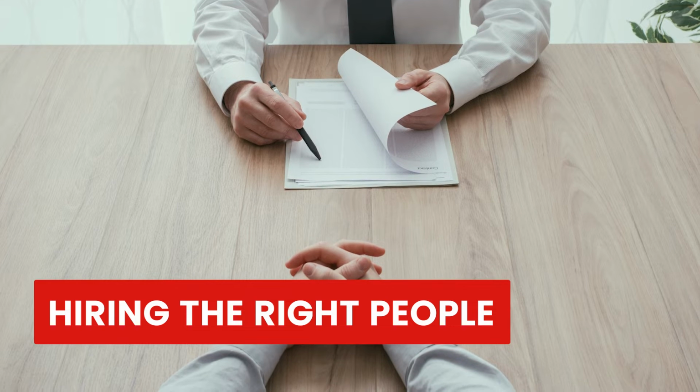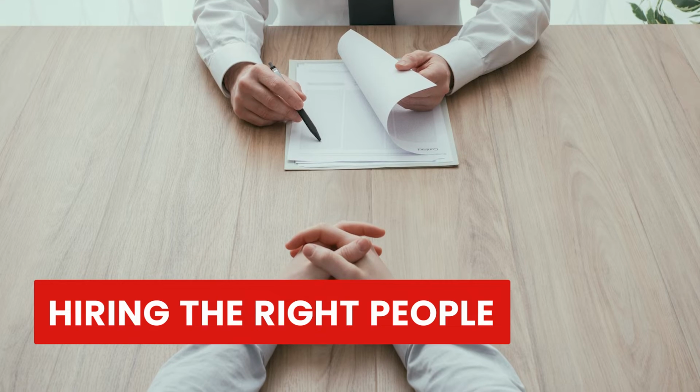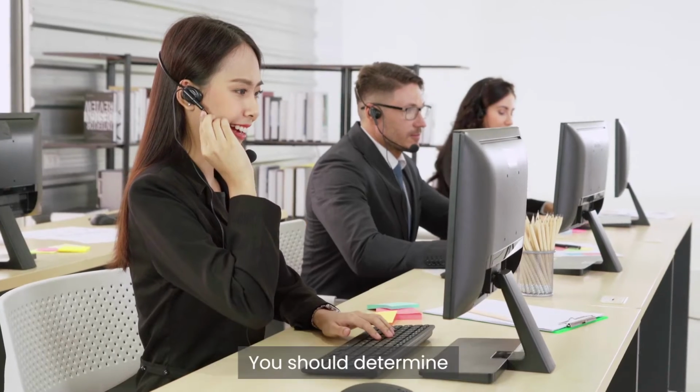Hiring the right people: number of employees, recruitment process, training programs. The second step before starting a call center is about people. You should determine